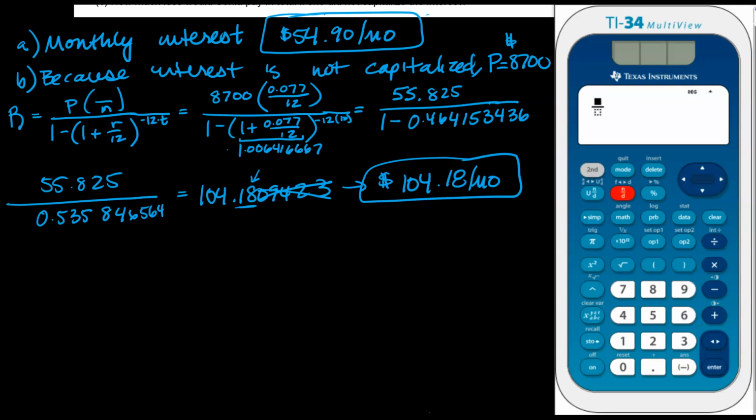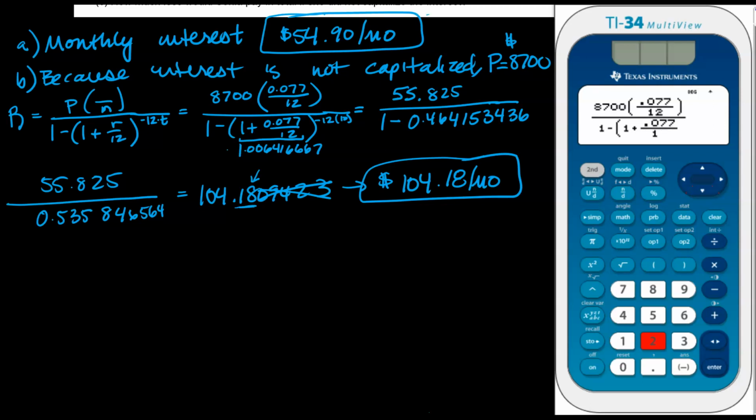calculator. So you can hit the N over D button, and then I'm going to just plug in 8,700 and times, and then hit the fraction button again, and I'm going to put 0.077, arrow down, 12, arrow over to get out of that fraction, and then parenthesis. And then we're going to come down to the denominator, and I'm going to type in 1 minus. I'm just copying exactly what I see on my paper there. 1 plus, and then the fraction key, 0.077,